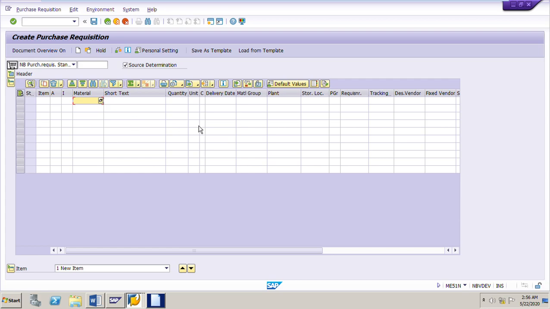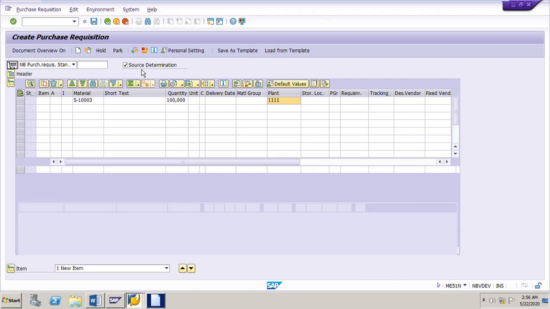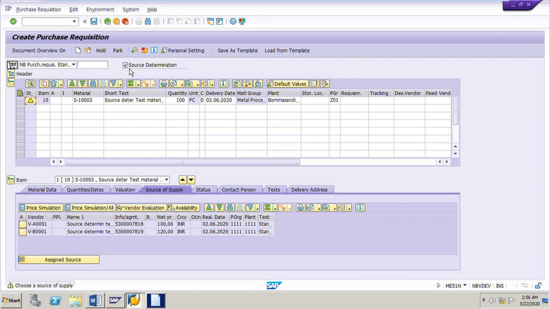Put the material S-1003, quantity 100, plant 1111. Enter. Here the source determination is already checked. Now we can see the system is showing two sources, that is, two info records: one for vendor V-A0001, another for vendor V-B0001.